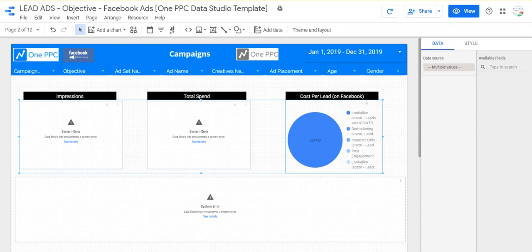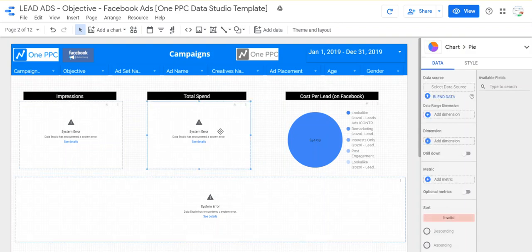Troubleshooting potential issues. If you've copied the report template, you've already created a data set using Power My Analytics, and then you've attached the report template. Sometimes you might notice some issues like this, where it's a system error. We should have this working seamlessly in a couple of weeks, where when you copy this template, you won't get any of these errors. But for the moment, you might get a couple of errors, and to fix them,